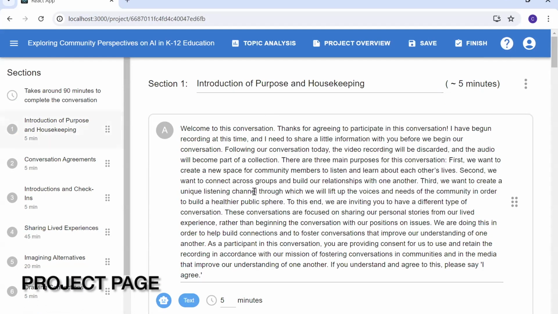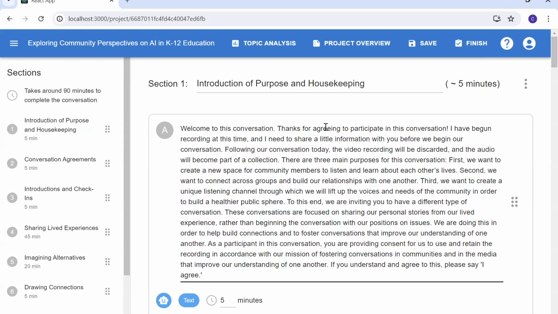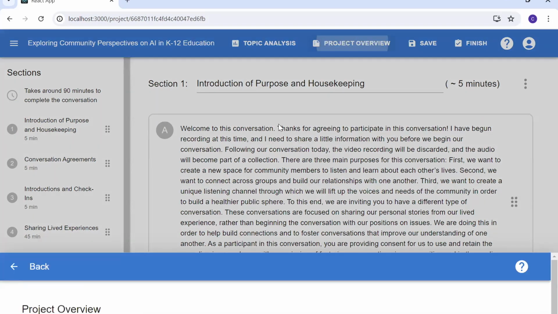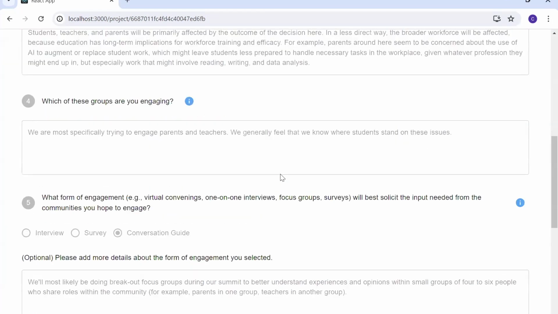This page is the main project page. It is currently showing the AI-generated draft, which in this example is a small group conversation guide. In this page, you can edit the sections and questions and access some more targeted AI features that I will demo shortly. The Project Overview button on the app bar allows you to access the project information that you entered